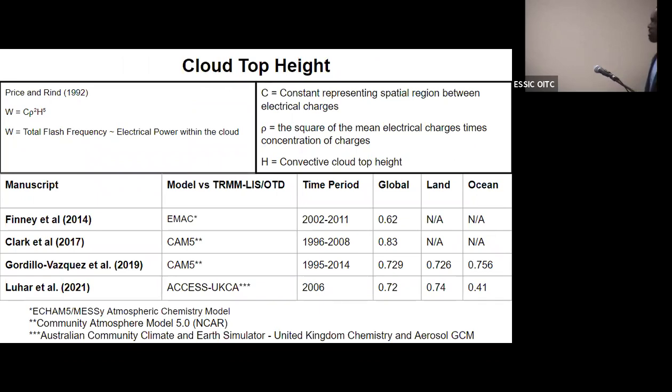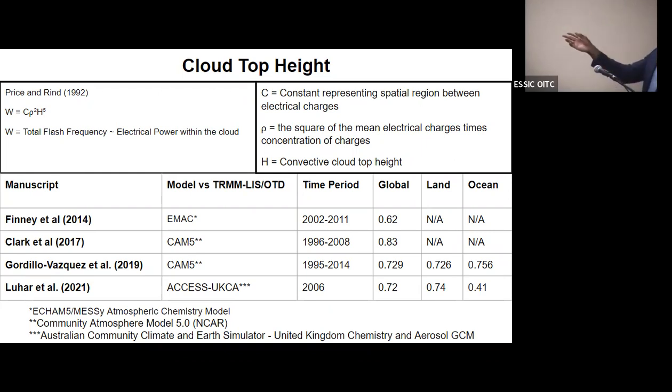So cloud top height is basically taking some storm dimension, in our case convective cloud top height, and relating that to flash frequency or electrical power within a storm. That's from Price and Rind '92. And there are several studies that compare